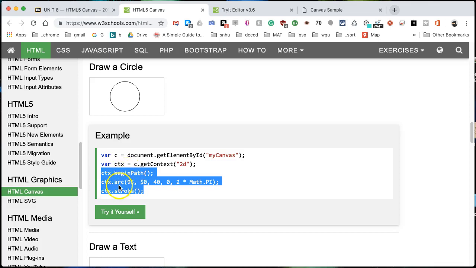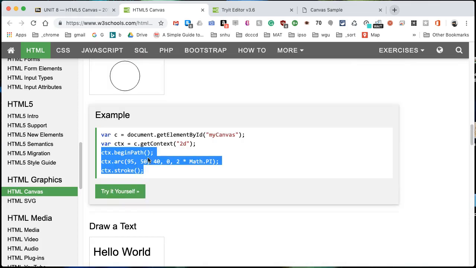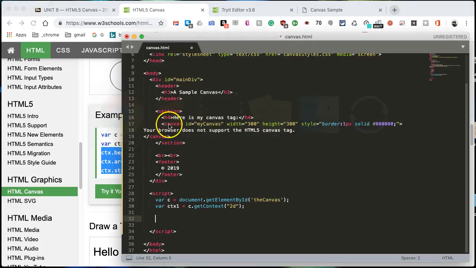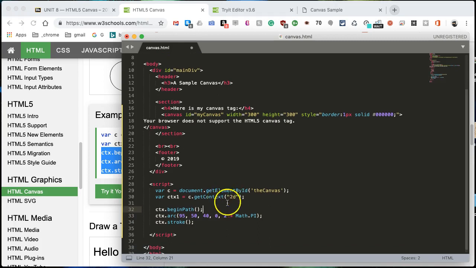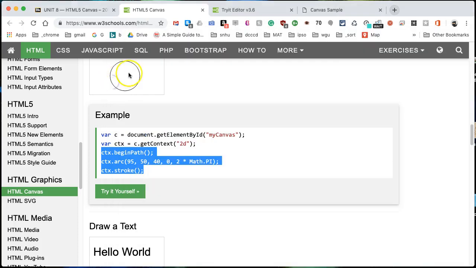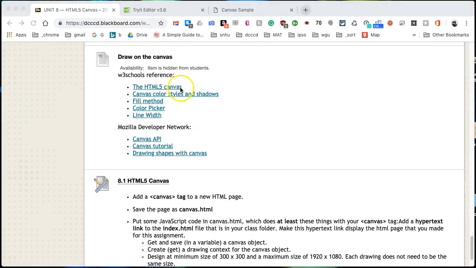We're giving it the arc method, which is what's going to be drawing the circle. There's a further explanation on how the arc works in some of these pages. When I get to it, I'll point it out. But I'll just get the basic things here by copying. I'm going to go back to my code, and I'm going to paste what I just copied, and I'm going to tab this out so that you can follow along a little bit better. So now we have code that says, okay, begin path. This is where you're going to start to draw, and it's drawing a smaller circle inside a smaller rectangle. Ours is 300 by 300, and by definition,